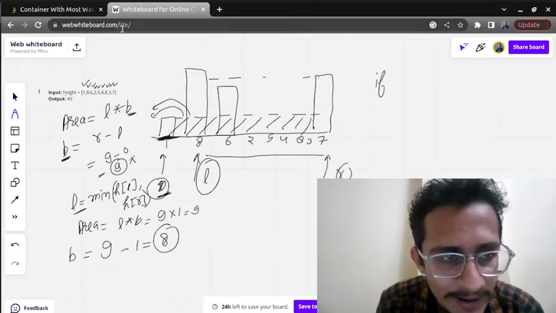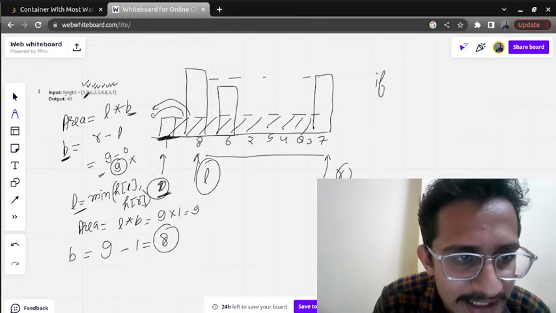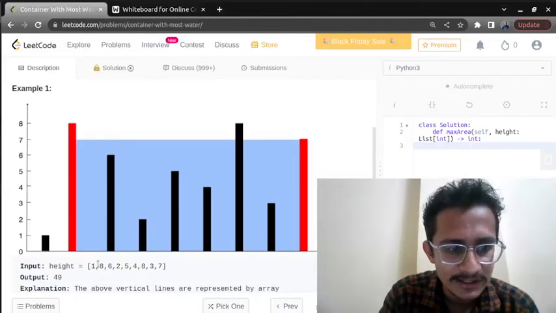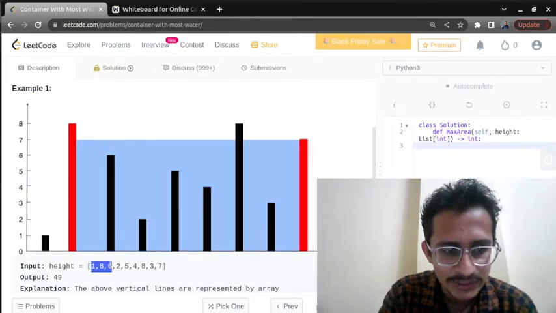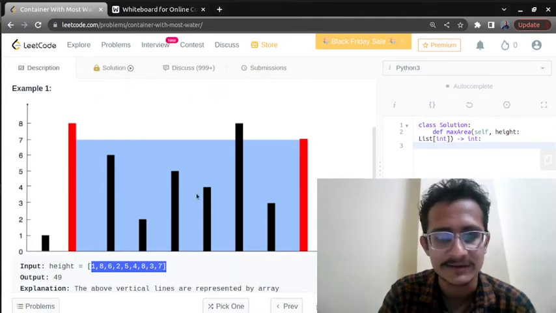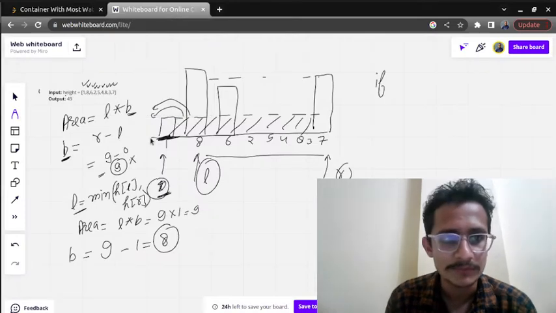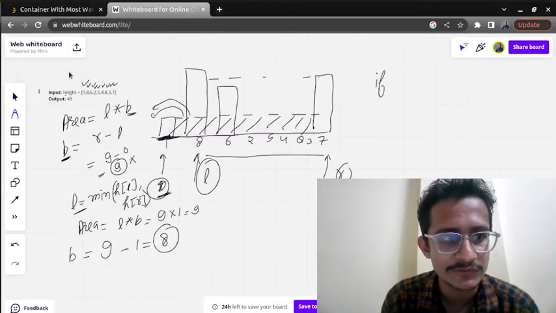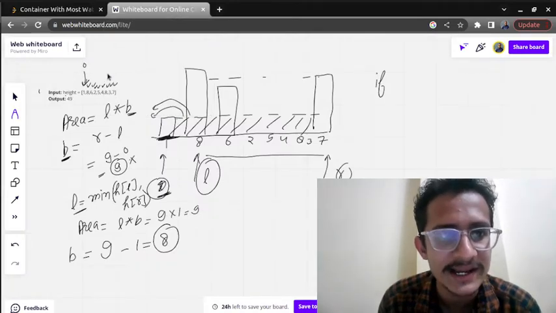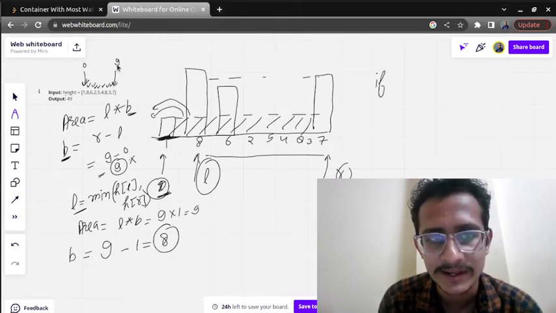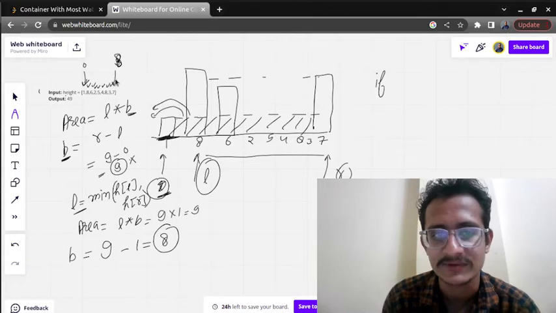Okay, I hope I have not made some mistake. Let me check. Okay, 1, 2, 3, 4, 5, 6, 7, 8, 9 elements are there. Yeah, 9 elements are there. We are correct. Perfect. So one mistake that I made is the first index will be the 0th index and this will be the 8th index, if we talk index wise.